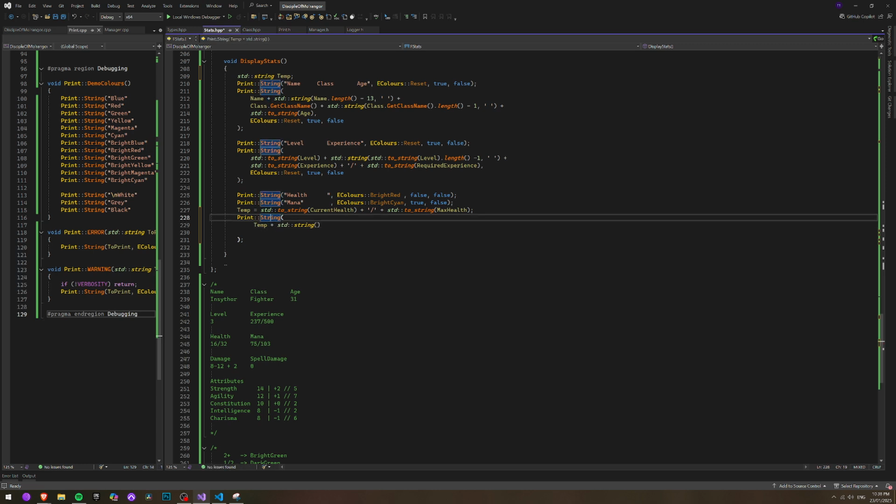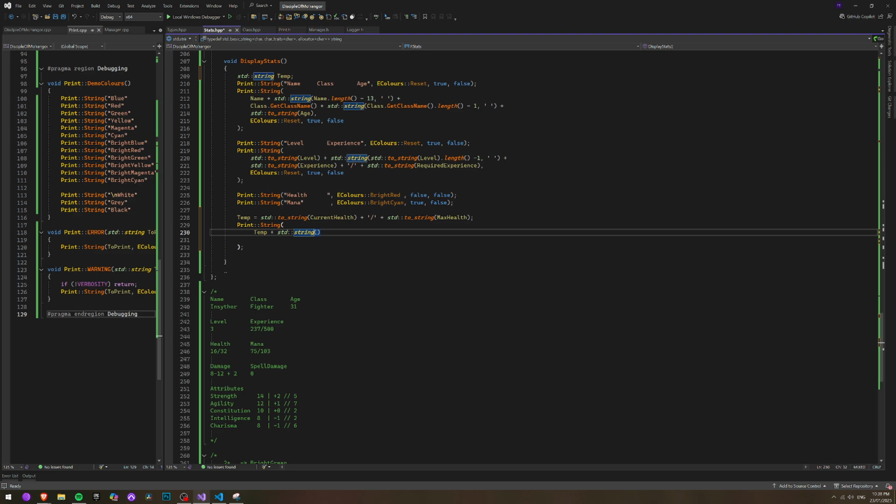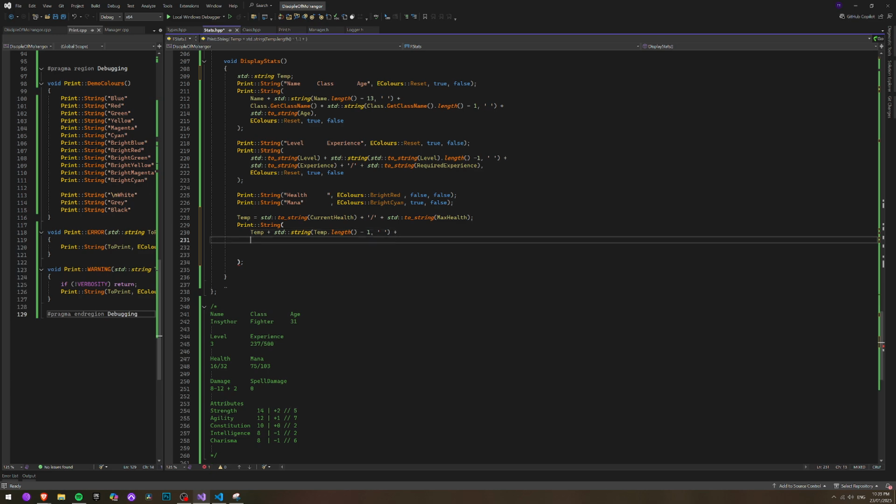We're gonna say this equals temp, right? And then we need temp dot length minus 1 of space. Then all we really need is